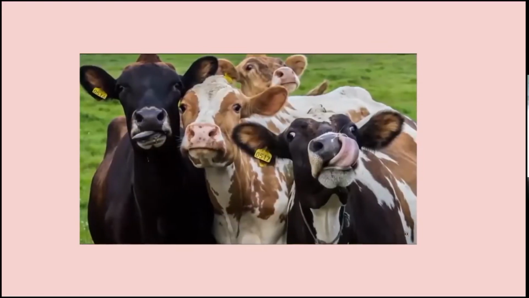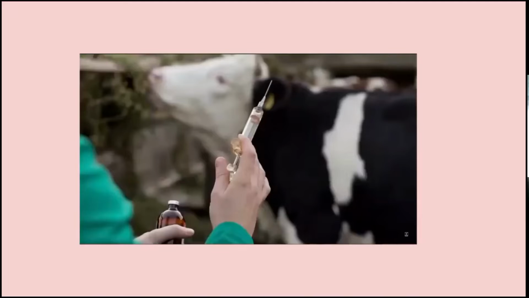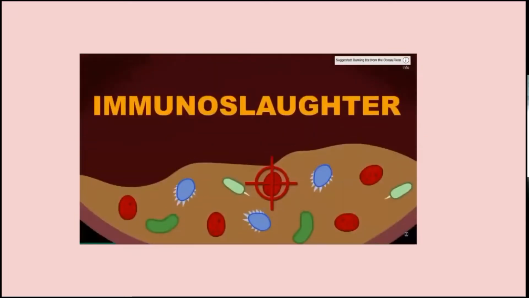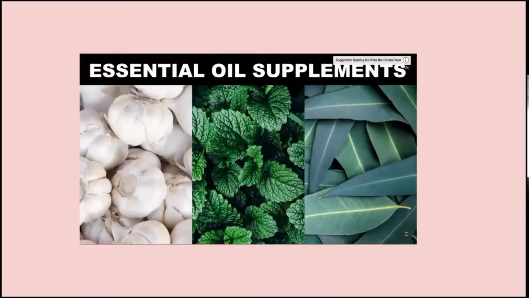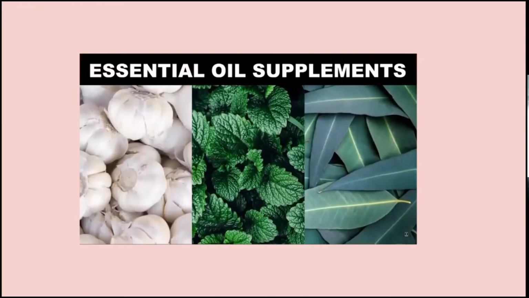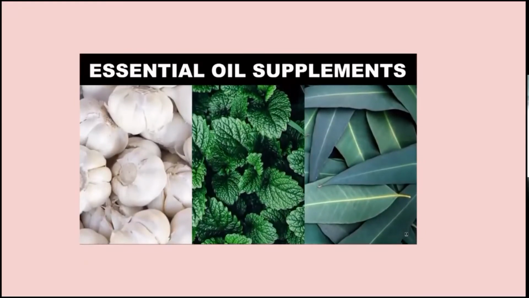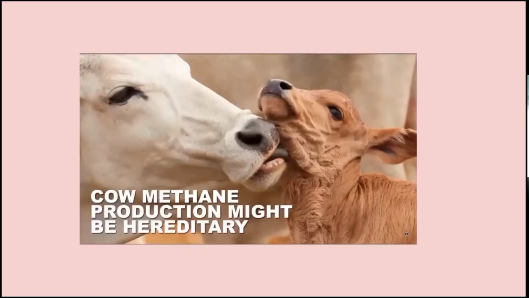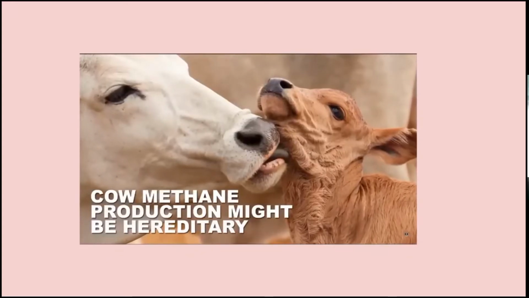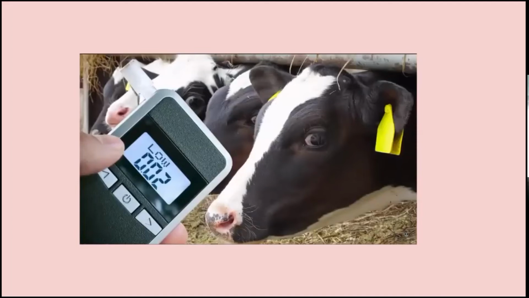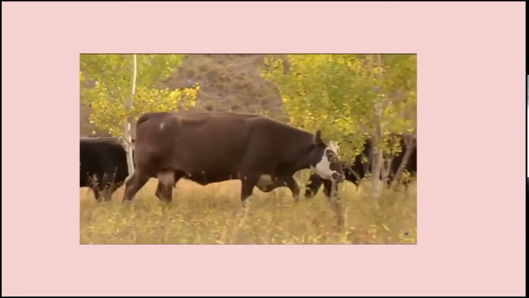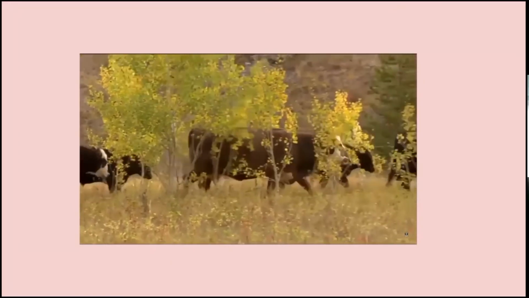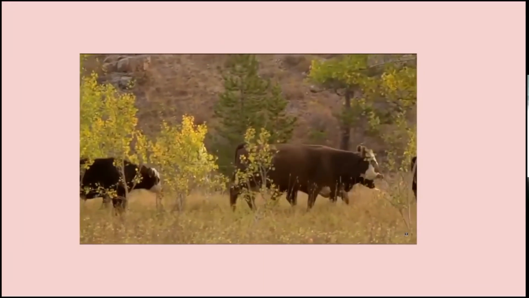And scientists have tried pretty much everything with mixed results. One approach has been to vaccinate the cows against their own gut microbes, persuading their immune system to straight up murder those methanogens. Researchers have also supplemented cows' feed with essential oils like garlic, peppermint, and eucalyptus to aid their digestion. And because the amount of methane a cow produces seems to be inherited, some researchers are on the hunt for a breeding fix, breathalyzing cows to see who's got the least methane on their breath and sending those clean ones off to have babies. So there's no shortage of creative solutions once we actually put them into action. Until then, enjoy your gassy half pints and exploding barns.